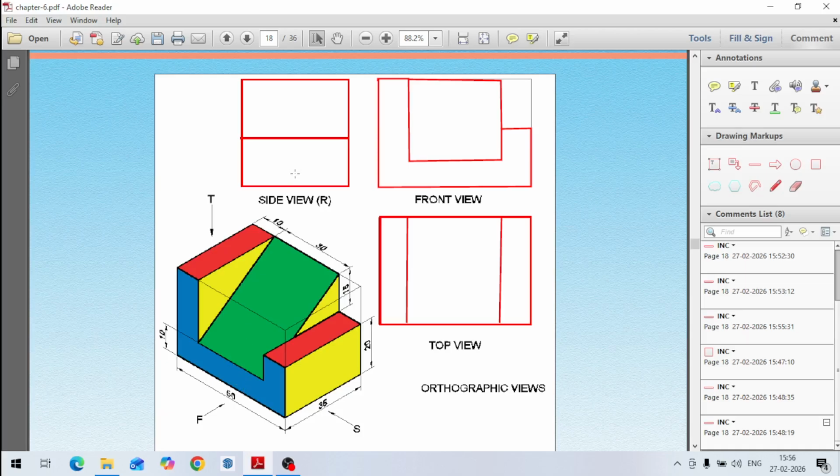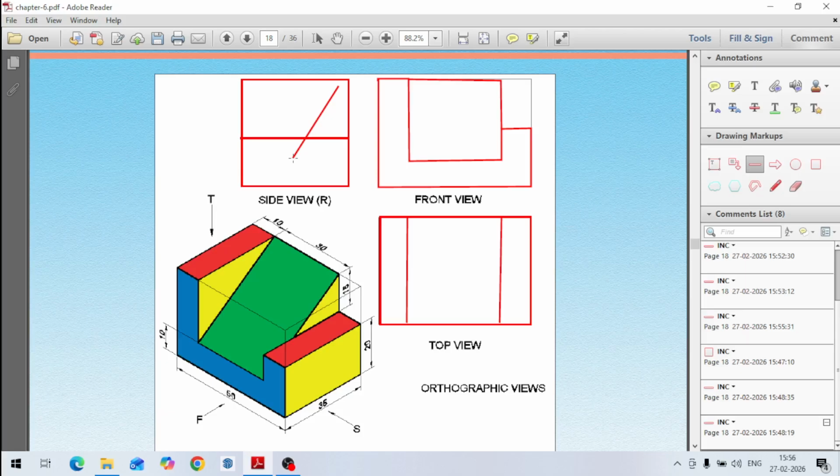So this line will come. See, if I draw a line here from this point, say a taper line, up to a distance of 10 mm like this. So there will be a line up to this point,